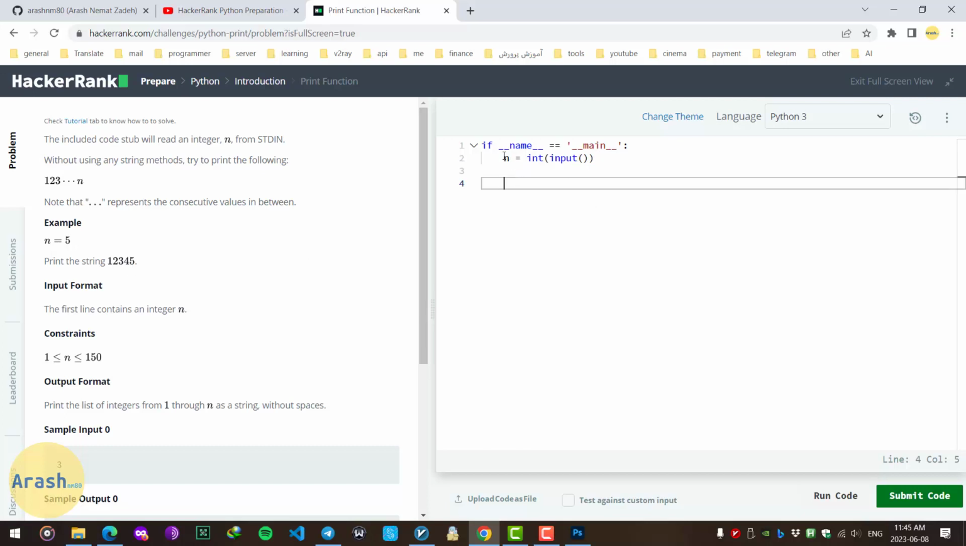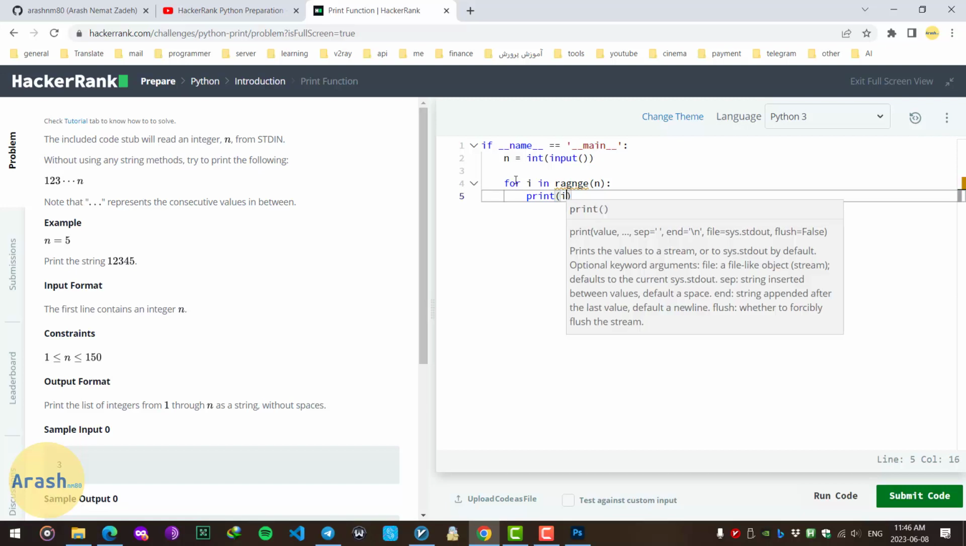So input is already handled in the right side. All we need to do is write a for i in range n. This line of code loops from 0 to 1 to 2 to n minus 1. This is the functionality of this piece of code, and inside the for we just need to print i plus